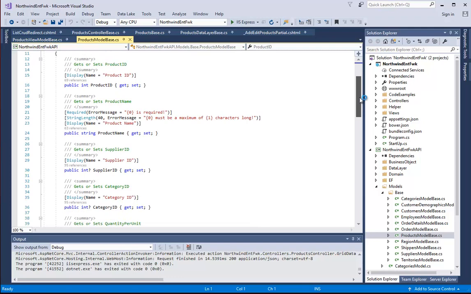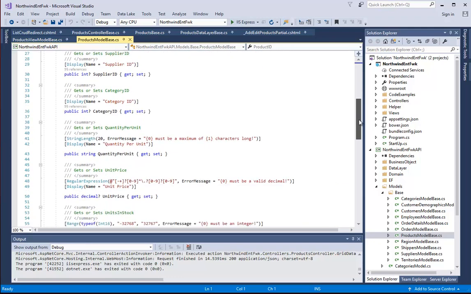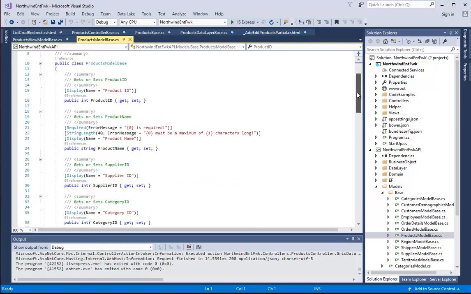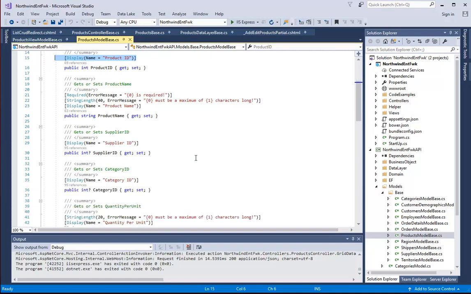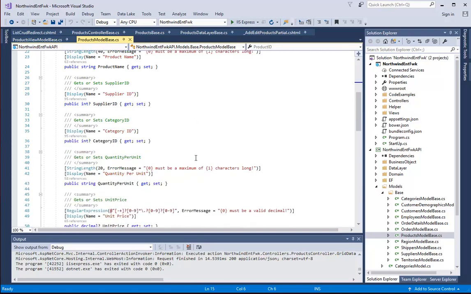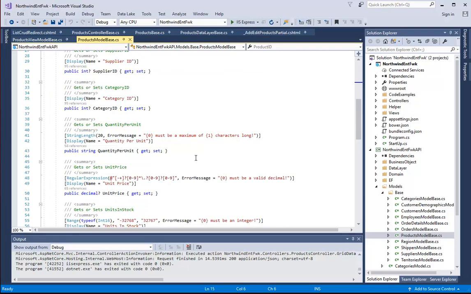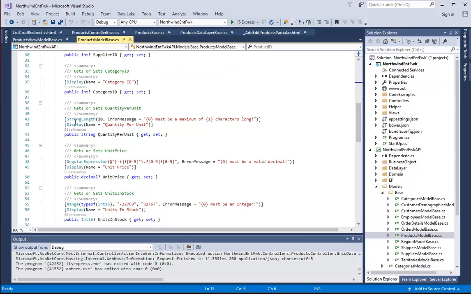Product ID, product name, supplier, category ID. You'll see that there are data annotations on top, which gives the validation, such as on the product name, is saying that it's required, and on the quantity per unit it's saying that you should only have 1 character long or 20 characters long. And what you can see here is, for example, the